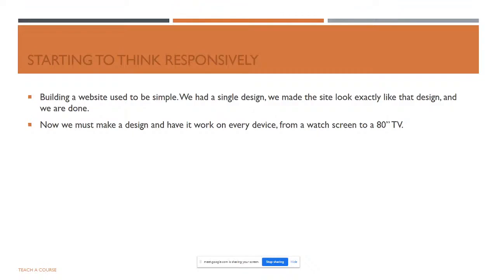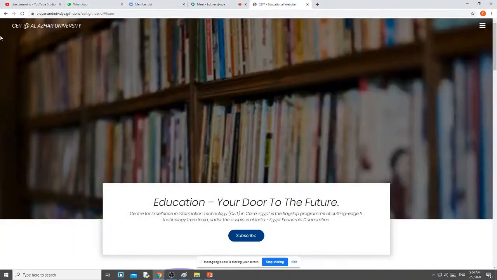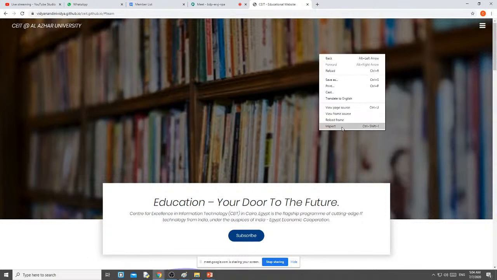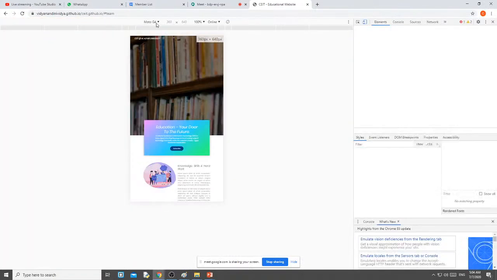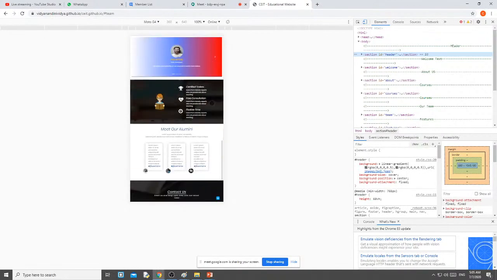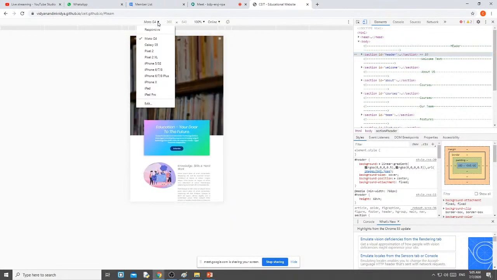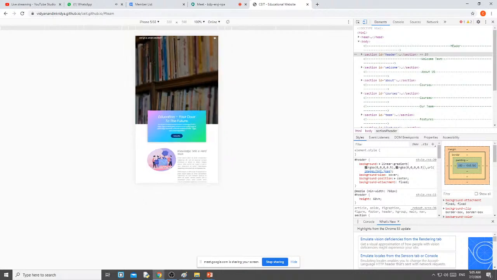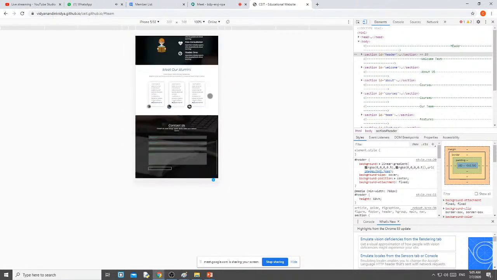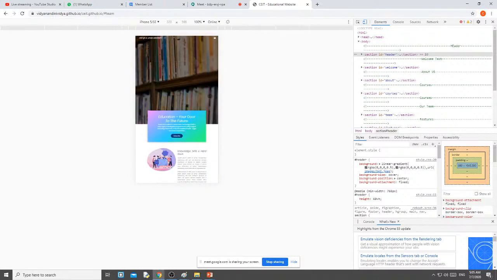Just the content of the website based on the screen size. Like here, this is a responsive website. Why? Here, when I open it in a phone, you can see all the content perfectly, but in a different way. If I open it in any other phone, the content is the same, but it is taking the height and width of that particular device.